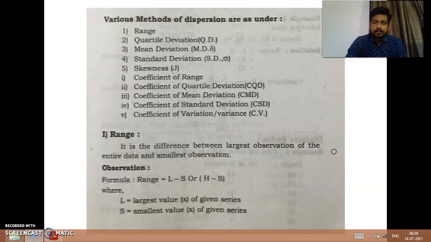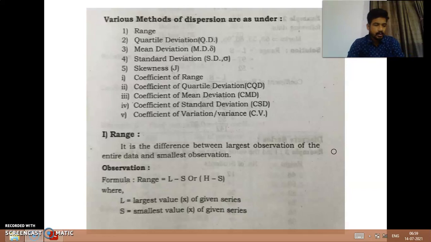From today, we are going to start unit number 2. In this particular unit, we just have to study all those listed items that you are going to see on your screen: range, quartile deviation, mean deviation from mean, mean deviation from median, mean deviation from mode, then standard deviation, skewness. Then within those problems, we just have to find out their coefficients also. So coefficient of range, coefficient of quartile deviation, coefficient of mean deviation, coefficient of standard deviation, coefficient of variance or